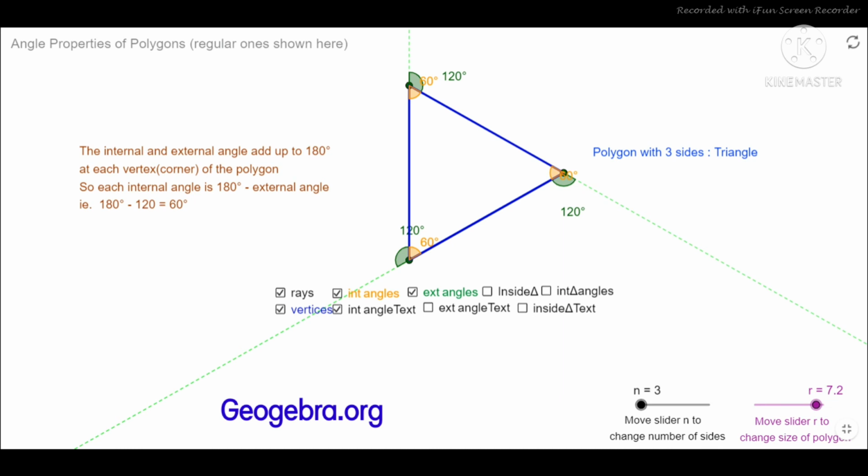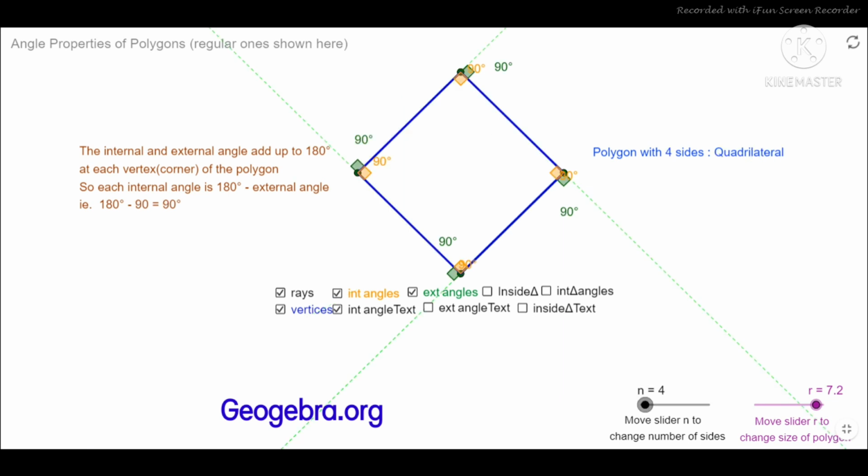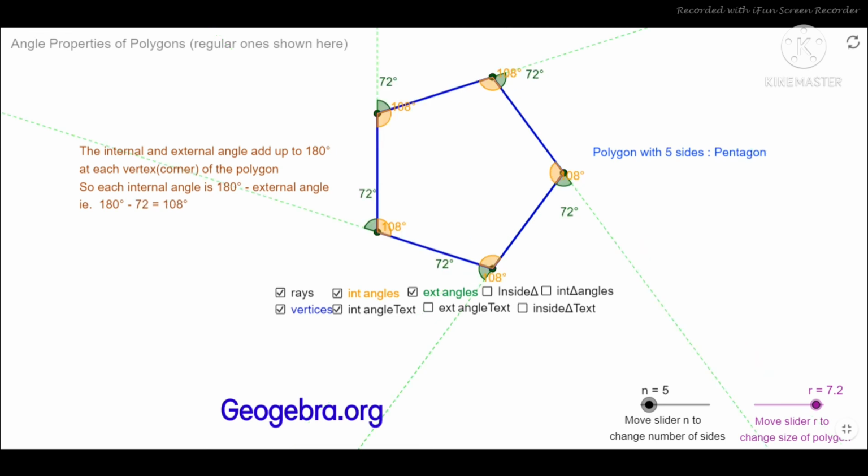So everywhere we can see that the sum of the interior and the exterior angle is always 180 degrees, and this is for all the polygons. You can see here the four-sided polygon, 90 and 90, as we have considered regular polygons. When we consider a pentagon, the exterior is 72 and the interior is 108. So if I know the exterior angle, I can easily find the interior angle. You just have to subtract. And if you know the interior angle, you can easily find the exterior angle, using the formula that the sum of the interior and exterior is 180 degrees.